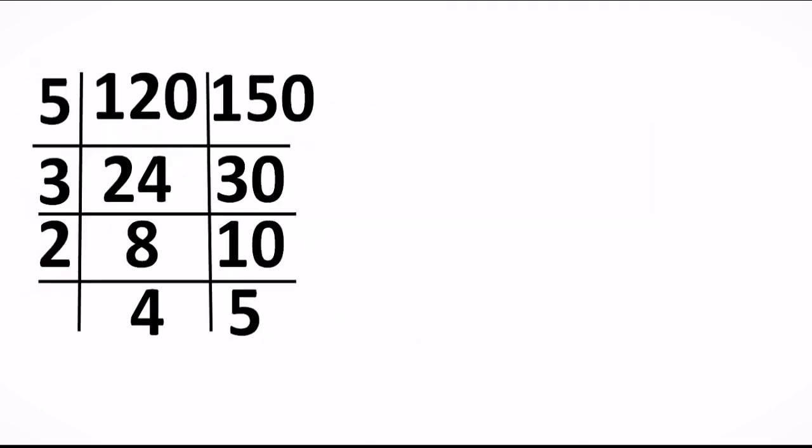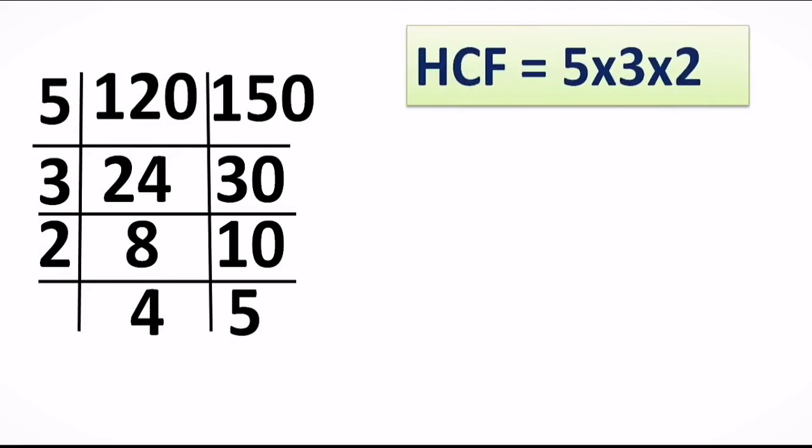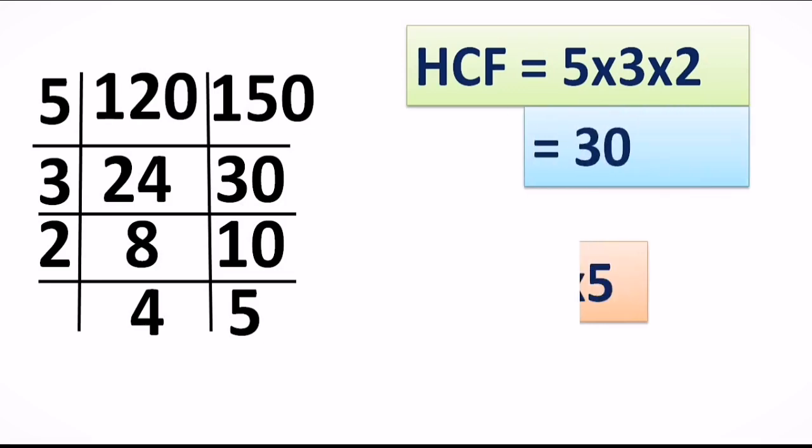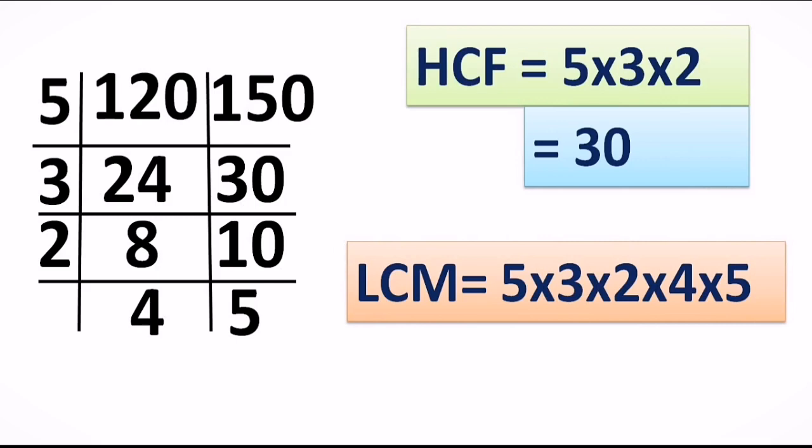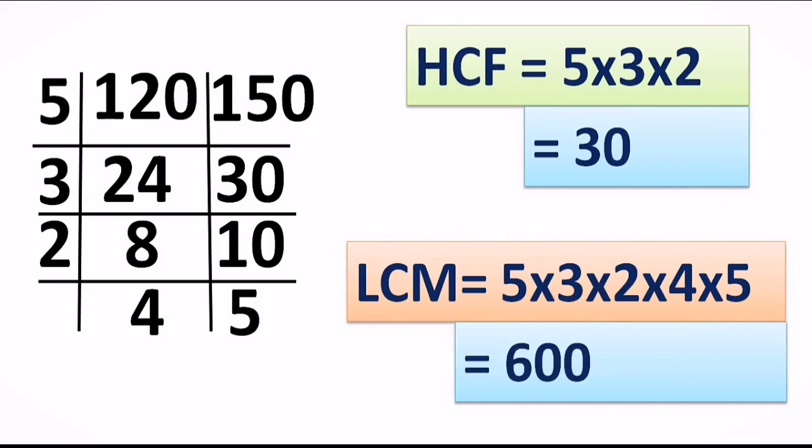What if for the same question HCF and LCM both are asked? The way we calculated the LCM and the HCF separately, in a similar manner we have to write the HCF and the LCM the way we found them, right? So the HCF is nothing but the numbers towards the extreme left, that is 5 into 3 into 2, and that results in 30. For the LCM we will take all the numbers, that is from the bottom layer and the extreme left, right? And that result is 600, correct? Isn't it easy peasy to calculate HCF or LCM?